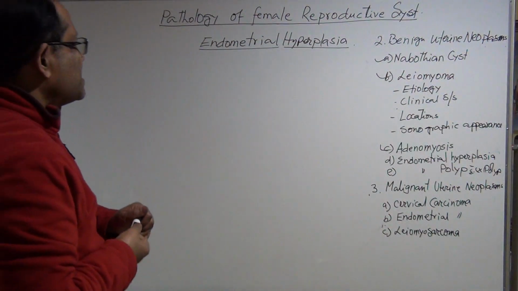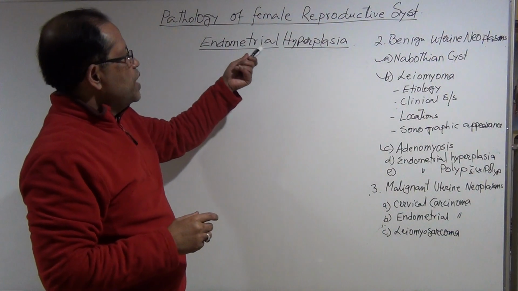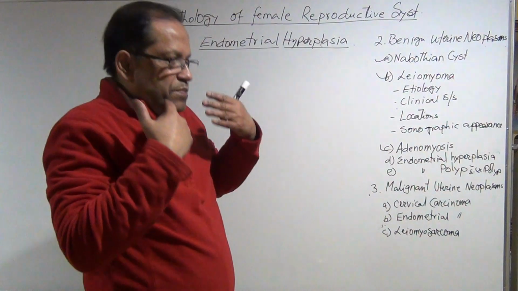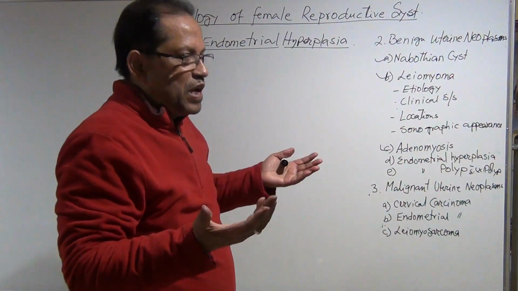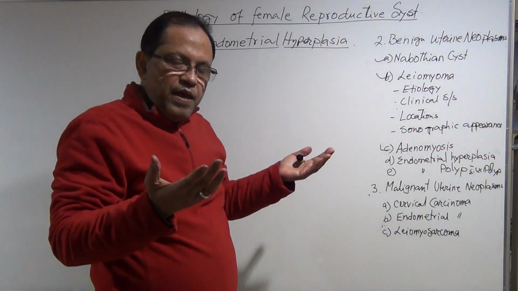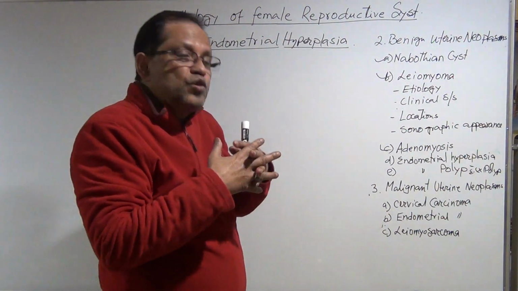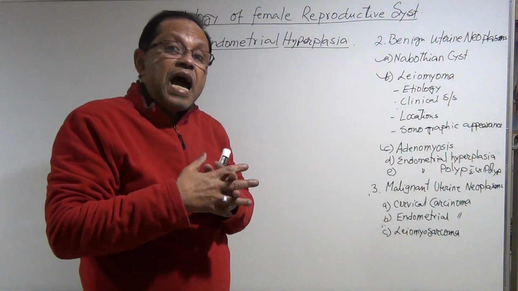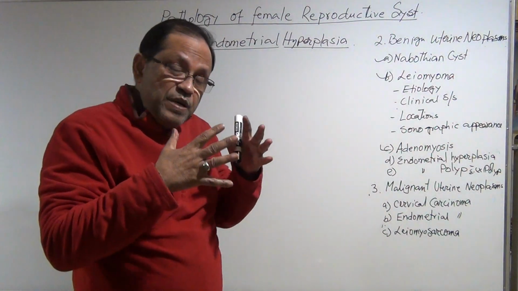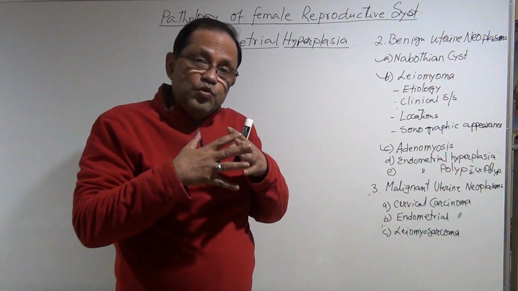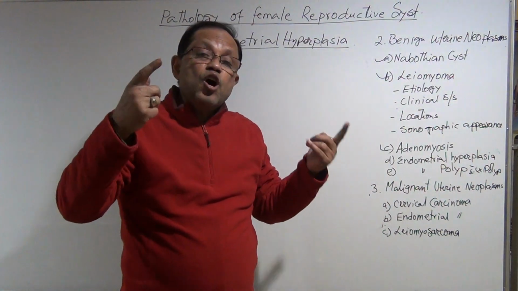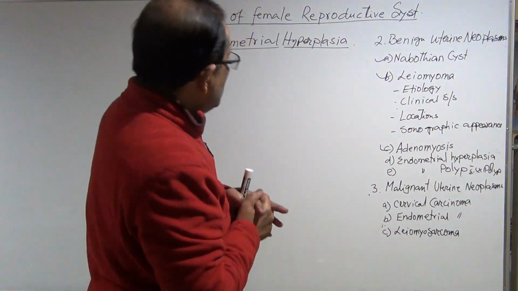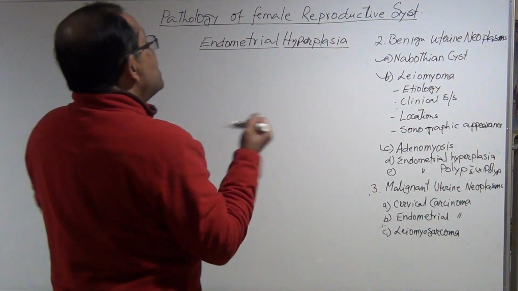Endometrial thickness gets bigger because of the hyperplasia. What is hyperplasia? Enlargement of the tissue due to the increased number of cells. And what is hypertrophy? Enlargement of the organ or the tissue due to enlargement of the individual size of the cells. Okay, so endometrial hyperplasia,